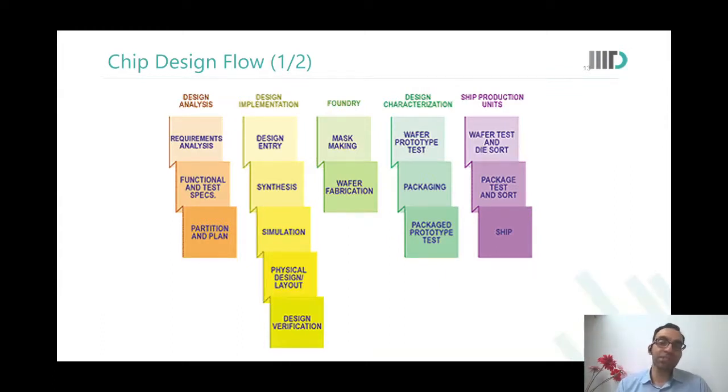The first test that happens is the wafer prototype test. What does it mean? It means that at the wafer level itself, without even cutting the wafer into dies and chips. You know how a wafer looks? A silicon wafer, for example a 300 millimeter wafer, is a circular, thin piece of silicon which is 300 millimeters wide. So 12 inches wide. The diameter is 12 inches. And on this wafer, there would be